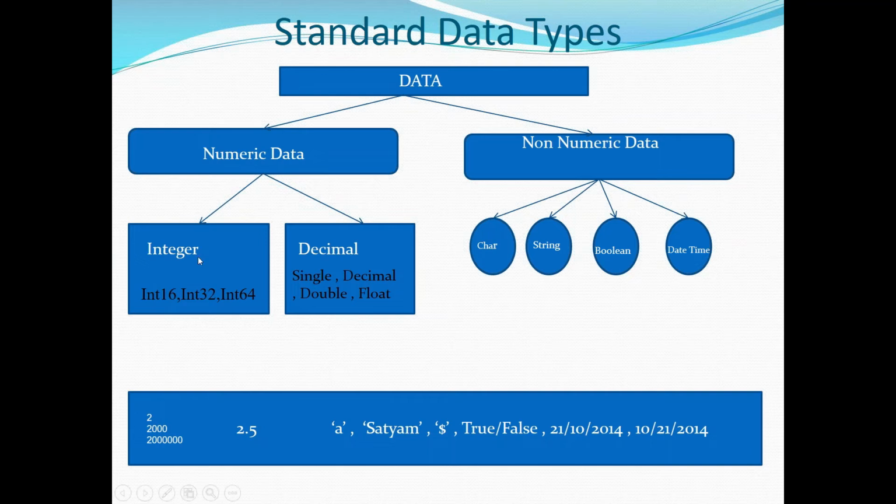Okay. So as I said, this type of number comes under integer and this type of number comes under decimal. Let's move towards the first category, that is integer. In C or C++, whenever you define any data member as integer, immediately it will go to memory and allocate 2 bytes of space. See, here I have a scenario.